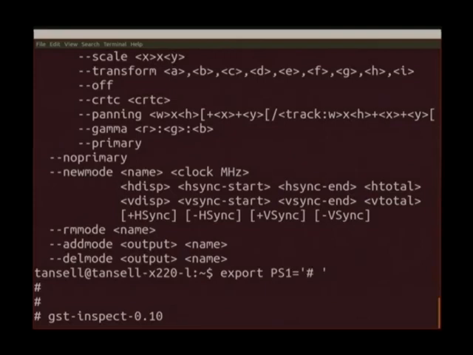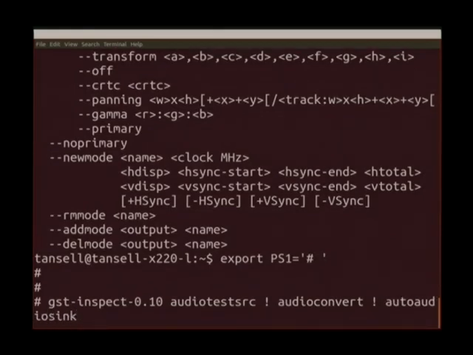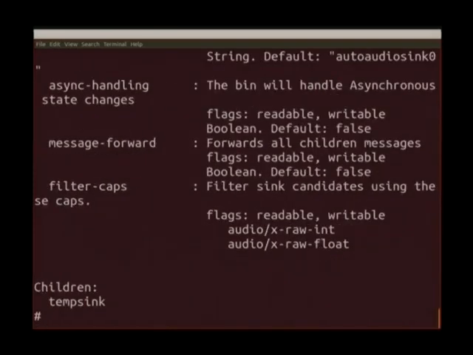So we take our GST inspect, then we go audio test source, and GStreamer uses basically the exclamation mark to connect the elements together, equivalent to like the pipe in shell. So you type audio test source, and then you go into audio convert, and then you go into an auto audio sink. So if I hit enter here, and